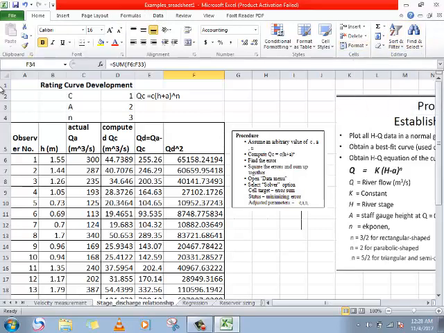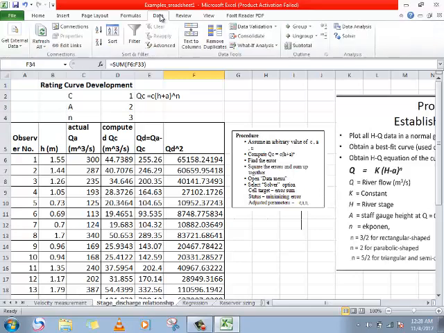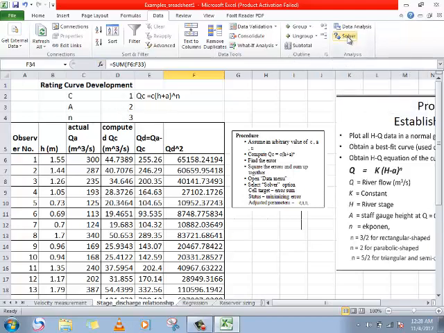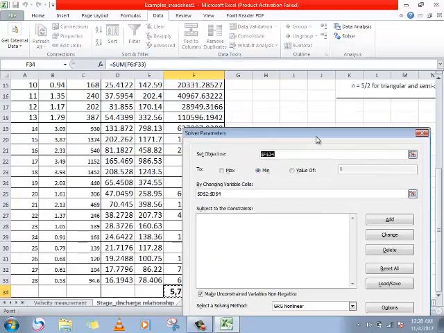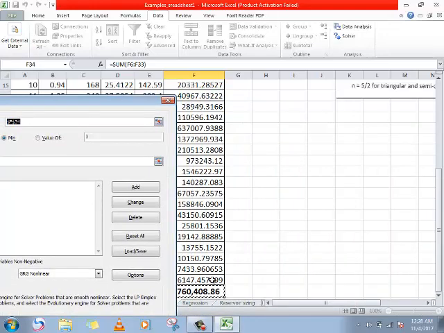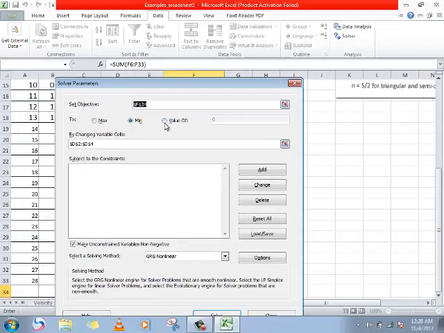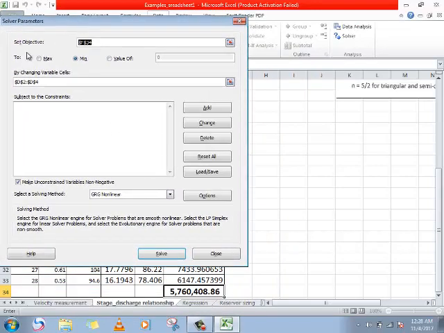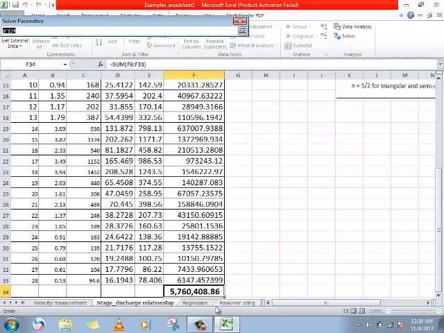Here, after making like this, go to data. You see, before solver was not here. Then I'm going to determine these constants. So go to solver. Here, the function is minimization of this sum square error. Here are tools. So here is one of optimization. So here my target is what? This value. So here you see, set objective. My objective is what? This one.